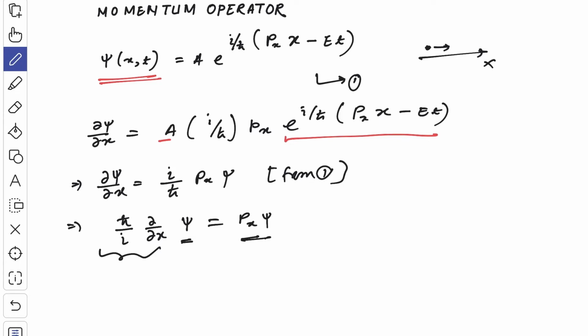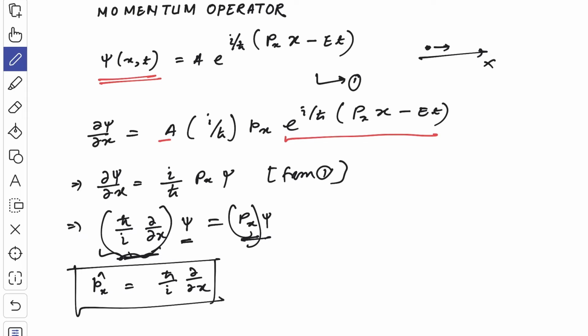So that's why we can consider this one as an operator. It is associated with momentum, that's why it is the momentum operator. So we write px with a cap on it to represent the operator, which is h cut by i del by del x. So this is nothing but the momentum operator